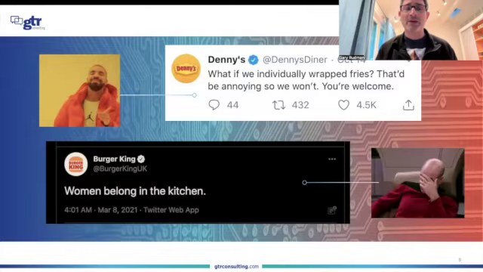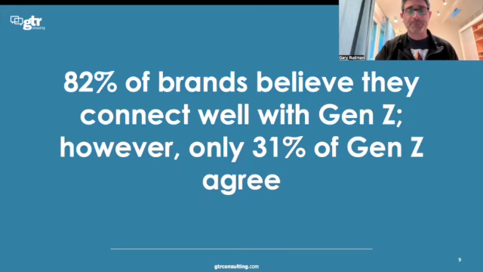Because here's what happens. Gen Z has a very short attention span. For millennials, according to TikTok, it's about a 12-second attention span. For Gen Z, they have an 8-second attention span. And so that just means that if you don't get it the first time, they are ready to move on. They have already left the building. So Denny's, they kind of got it. Burger King didn't get it in this case, and they may not come back if there's a lot of work to do to get them to come back to your point of view.